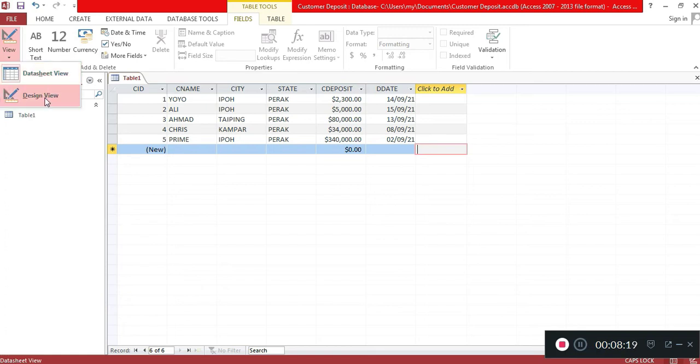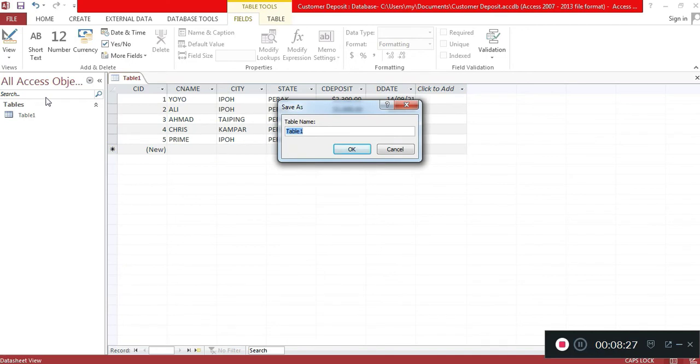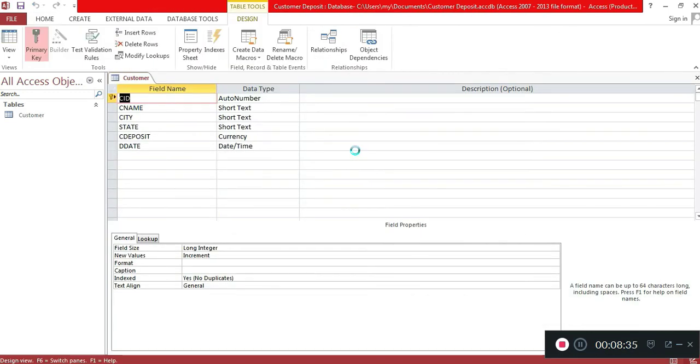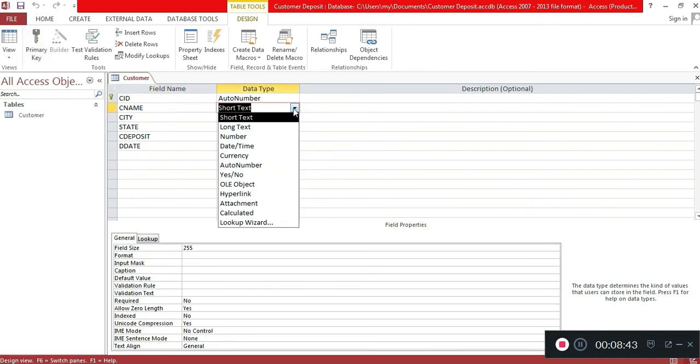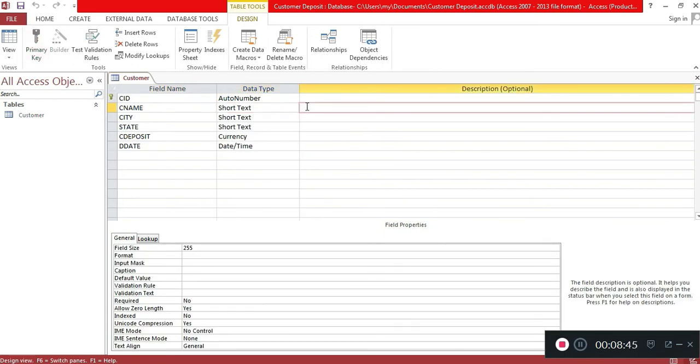So now we check the design view, but before that we need to give a name for our table. We give the label to our table as customer, due to this table is related with our customer data. Okay, so just now if you select the wrong data type, you still can maintain or just update under data